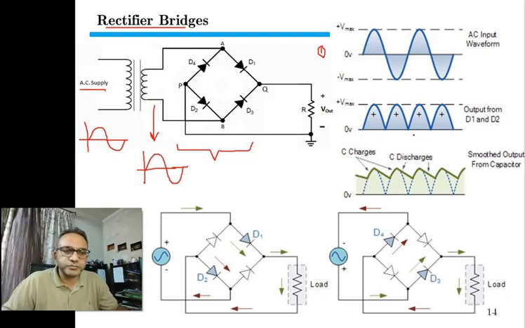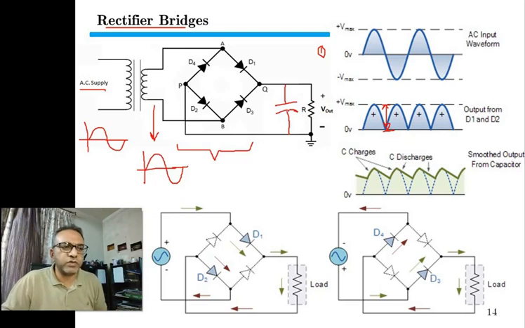It is non-stable. Second problem is that there is a wide voltage gap between the maximum DC and the minimum DC, which is called the ripple. In this case, there is a maximum ripple equal to V maximum. So we have to remove these two problems, and to remove these two problems, we will use a capacitor parallel to the load. If R is the load, then we will use a capacitor in parallel to the load,